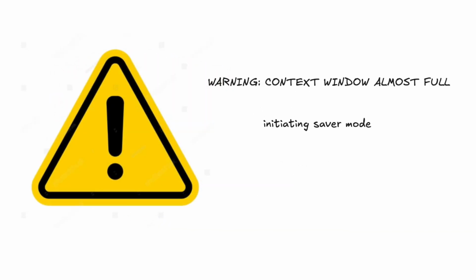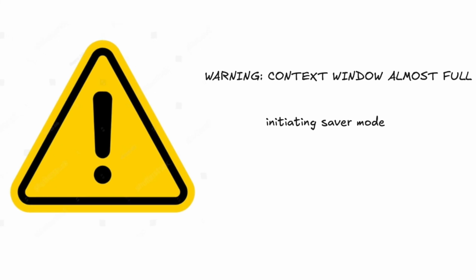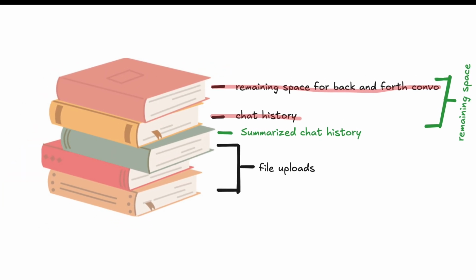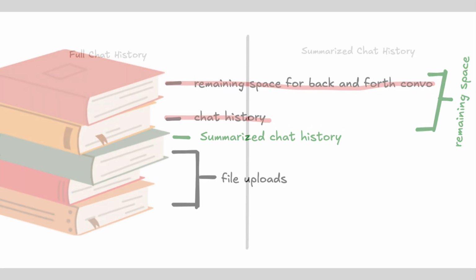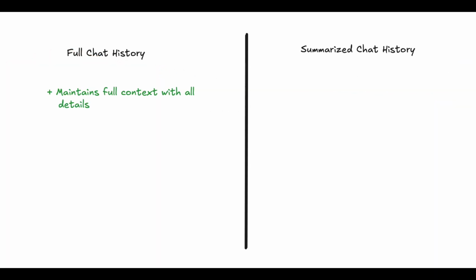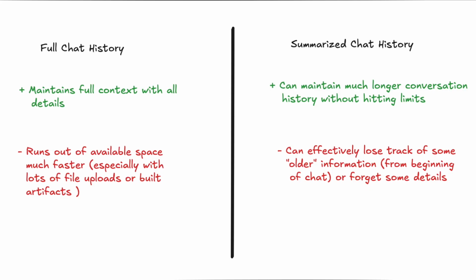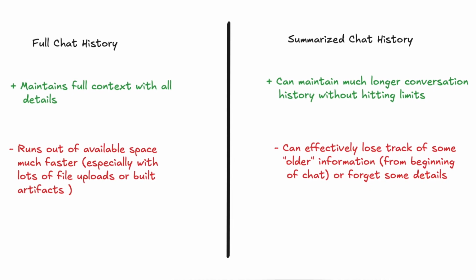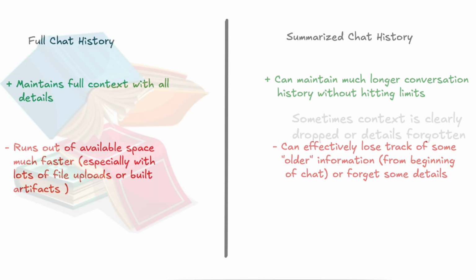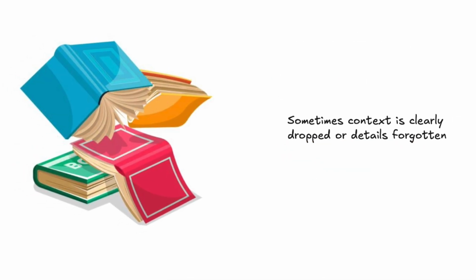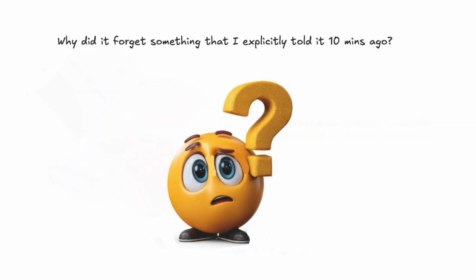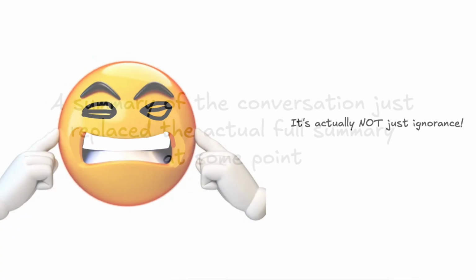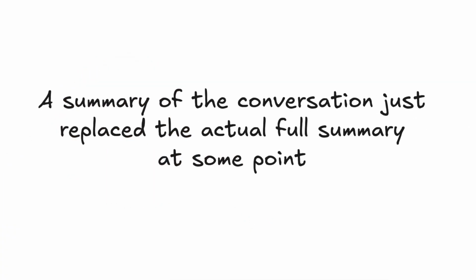faster than people expect. Now, some AI tools will try to help before you hit that wall, quietly summarizing the older parts of a long conversation to free up more room, which sounds great in theory, but here's the catch. That summary is a compressed version, not the original. So it tends to hang on to whatever's most recent and lets earlier details, maybe an instruction you gave at the start or a correction you made halfway through, get quietly smoothed over or dropped. Which, if you think about it, is actually the real answer to why did it forget something I specifically told it. It's not that it ignored you, it's that a summary of the conversation replaced the actual conversation at some